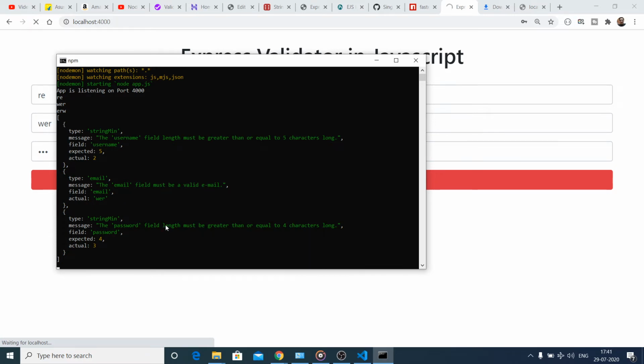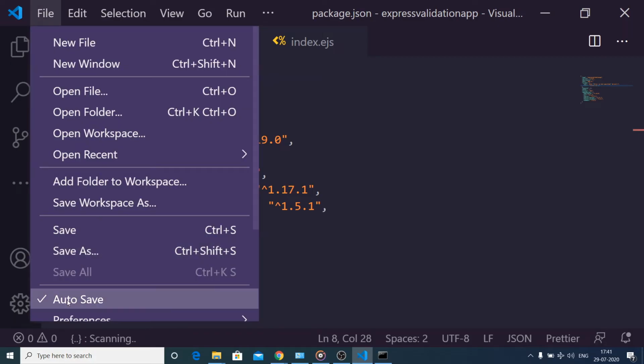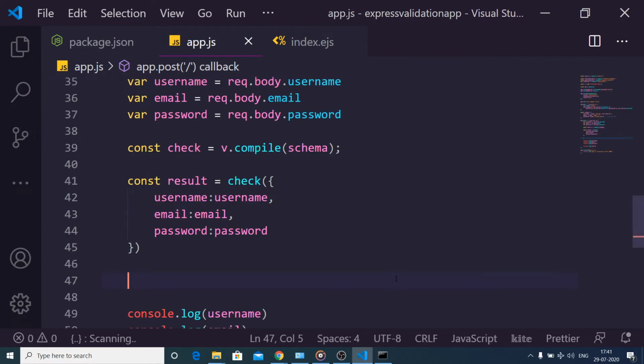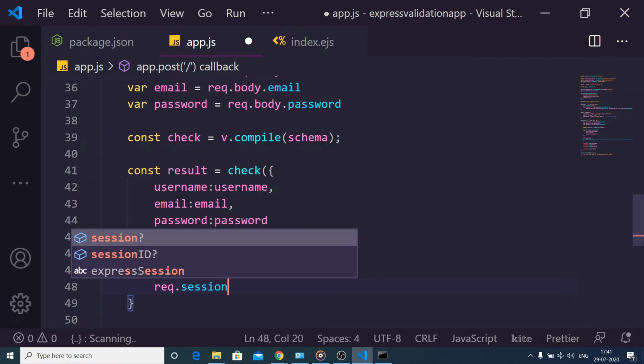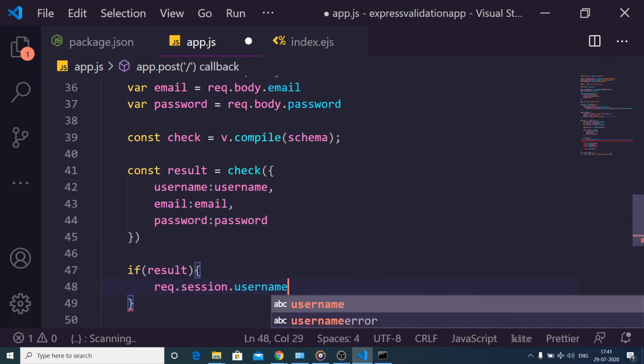So in order to initialize the values, let me uncheck this autosave option. Our errors variable, let me initialize it. Here, if errors exist inside this, we will check in the if condition. If the errors exist, we can initialize request.session.usernameError.